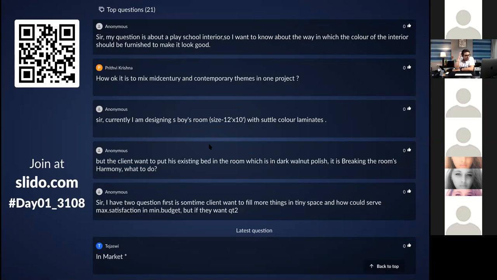And someone has asked, what is the minimum distance between RCC columns? Oh, that is the structural distance. So how do I answer that? Because you need to understand what the span is. If your span is 30 feet, 40 feet, 60 feet, building span, that depends. You can design some buildings, because I'm into architecture also, so I can tell you.